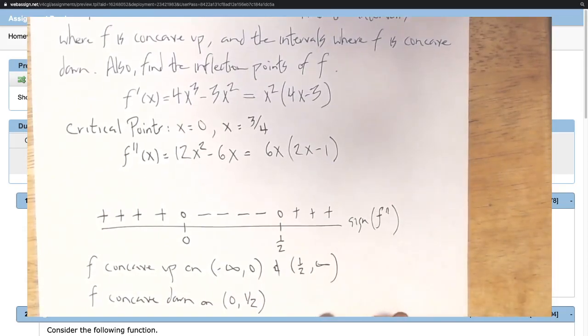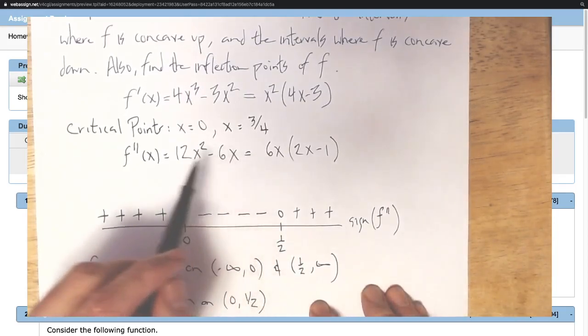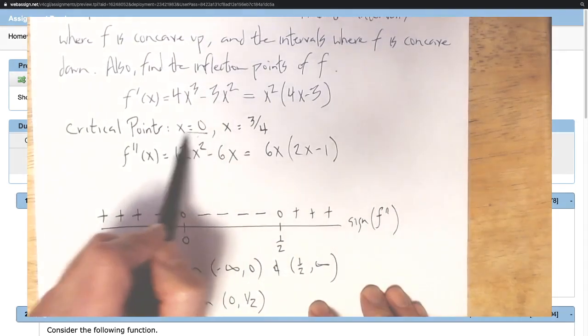And so there we know that, and that tells us something about the shape of the graph there. So that's the information the second derivative gives us about concavity. But we can also use the second derivative test to classify critical points. And so if we do that, let's go back up here now to our critical points, x equals 0 and